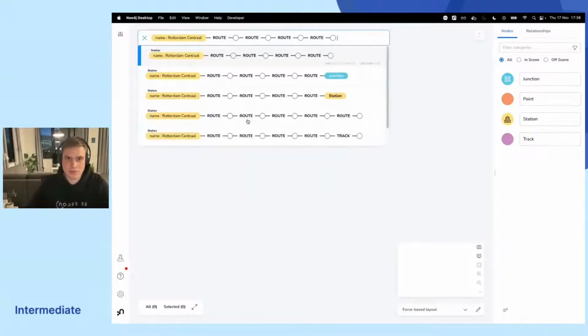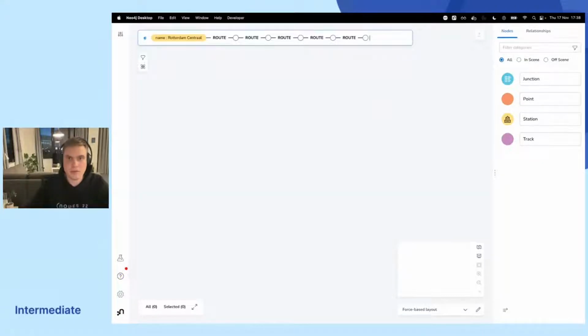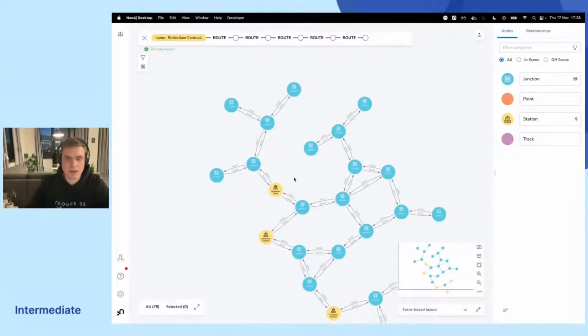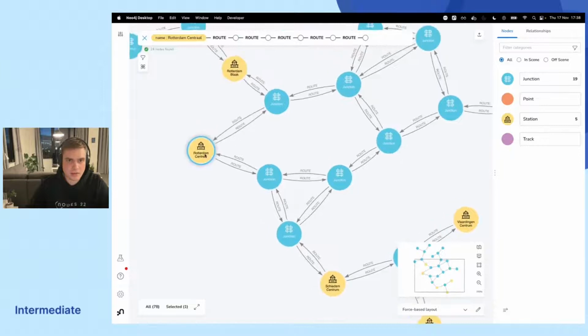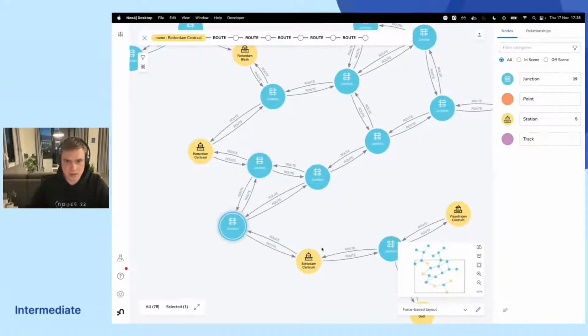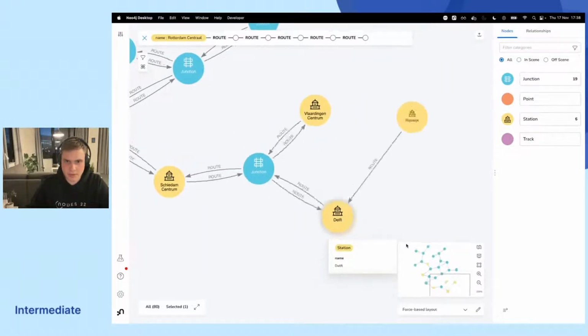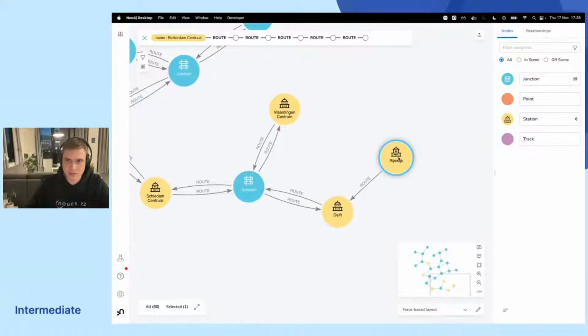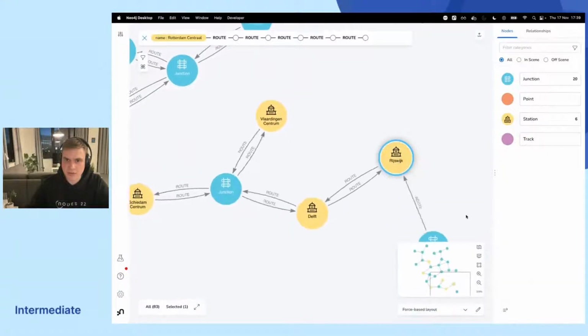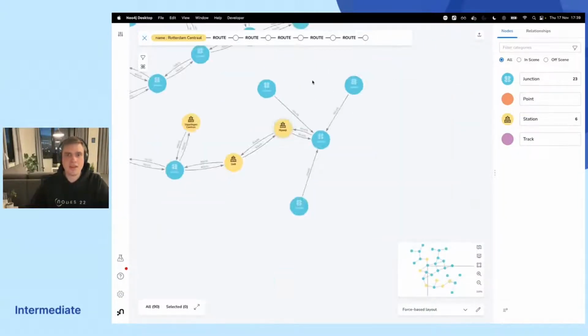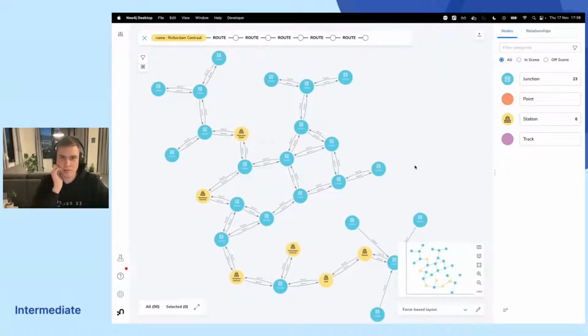And then I can see, okay, how far can I go from Rotterdam? So let's see, if I do 1, 2, 3, 4, 5 hops of route relationships, where does that take me? So I can run this, and then Bloom will show me a very nice graph here and says, okay, I started at Rotterdam Central. I can cross these junctions and end up in Schiedam or in Delft. And then with Bloom, I can also expand from here and explore, go from Delft to Rijswijk, and I can go from Rijswijk to another junction, and maybe that will take me to some more places. And you can freeform walk through your network with Bloom, which is great because you don't have to know any Cypher and you can do some nice exploration here.